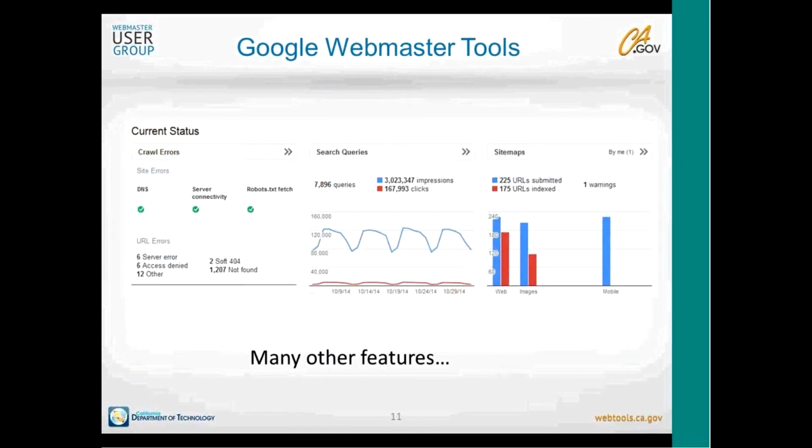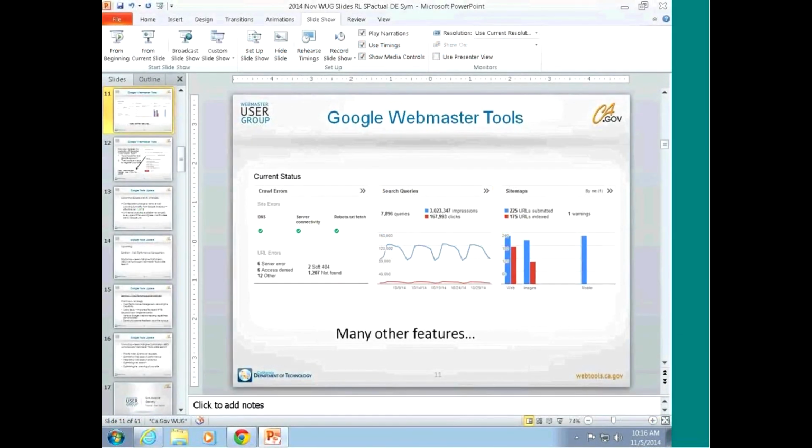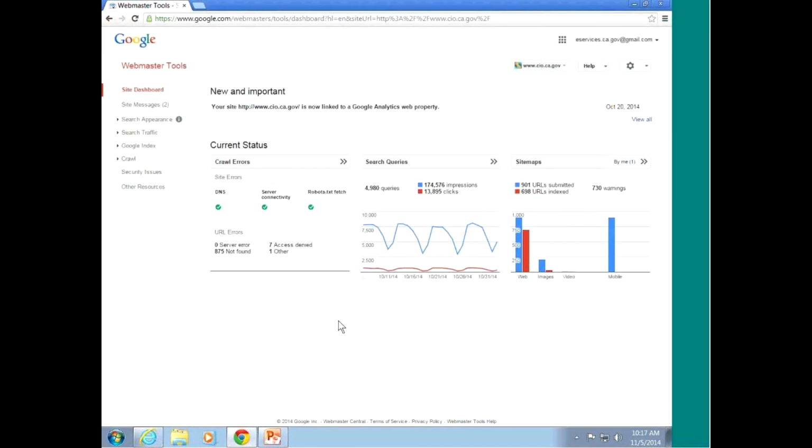And so maybe what we'll do is go ahead and take a little demo of some of those features for you. This is that same site, the CIO website. And there's all kinds of options that are in here that you're able to go through. And for the sake of time, I want to make sure I keep track of time here. We won't keep it too long on there. But this is the one we were looking at, search queries, before. But in addition, under search traffic,